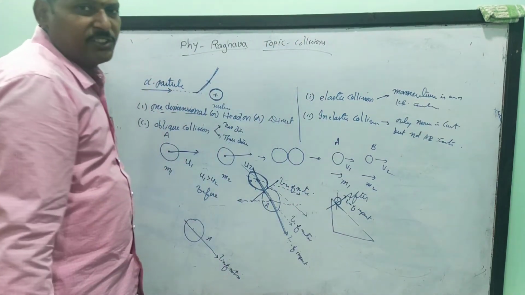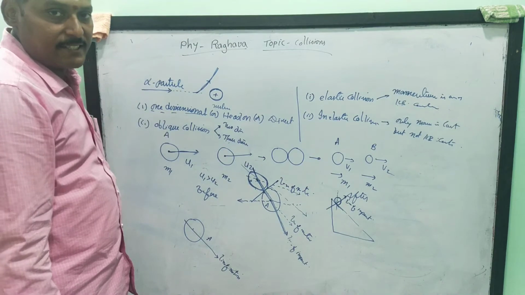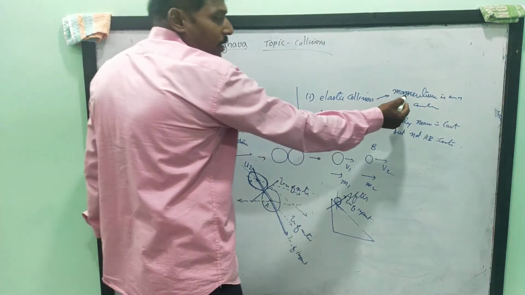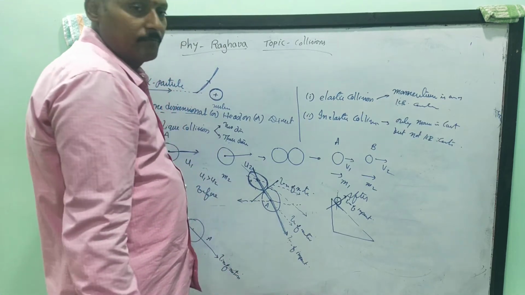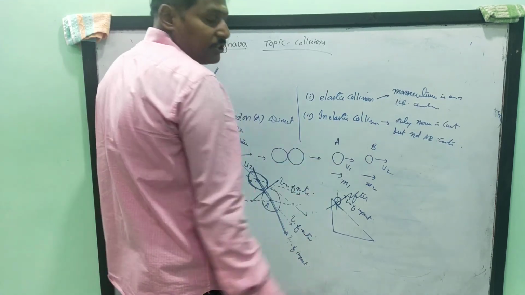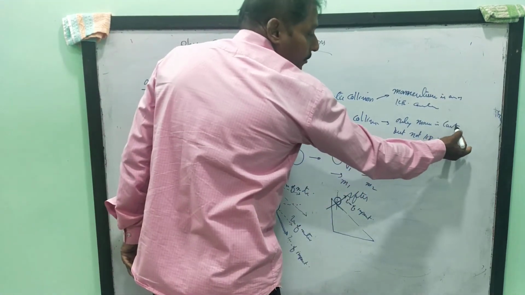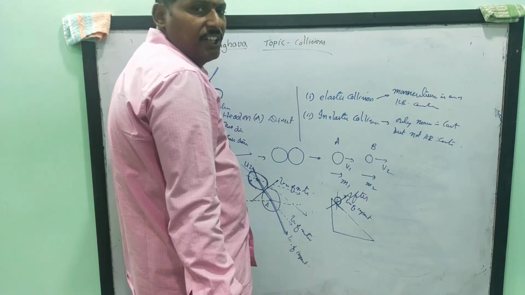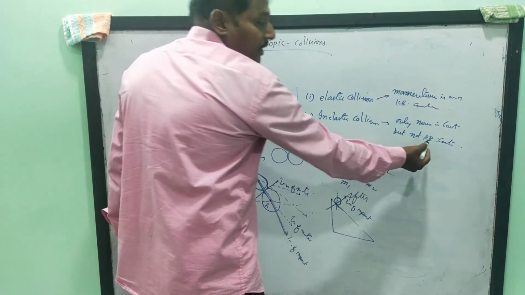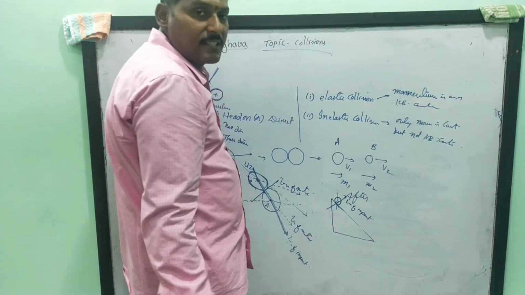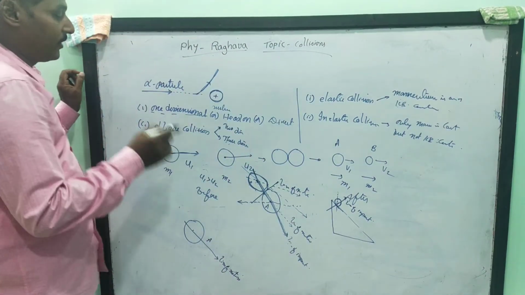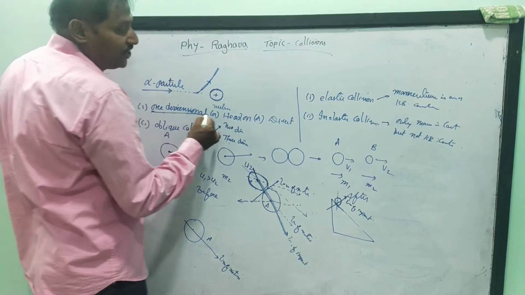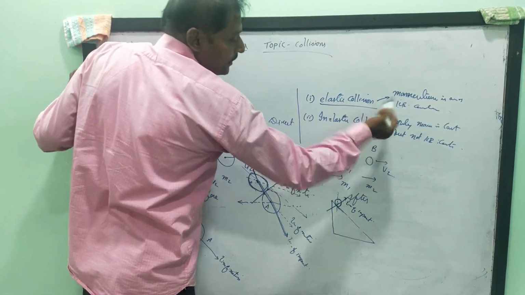Other forces may be present, it's not an influence, but in a system of two or more particles, both of them are conserved. In inelastic collision, only momentum is conserved at each and every stage, but kinetic energy is lost. So in this class, I want to discuss one-dimensional elastic collision.